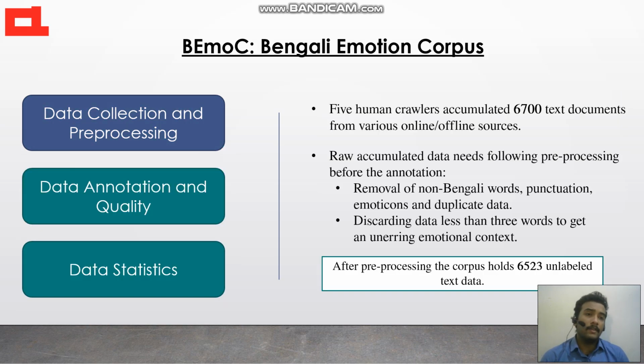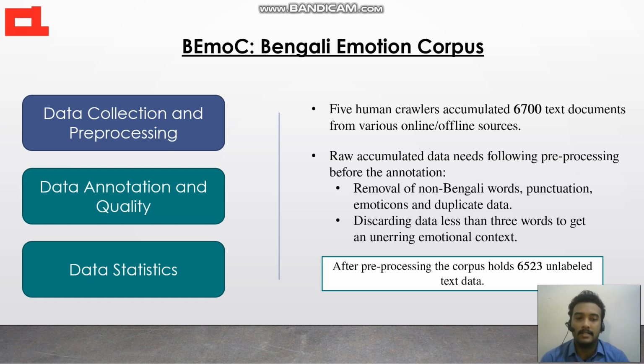The corpus has been developed using data from various sources by 5 human crawlers. They accumulated 6,700 text documents. The raw documents then went through some pre-processing steps like removal of non-Bengali words, punctuations, emoticons, and duplicated data. Data less than 3 words were also discarded to get an unerring emotional context. After pre-processing, the corpus holds